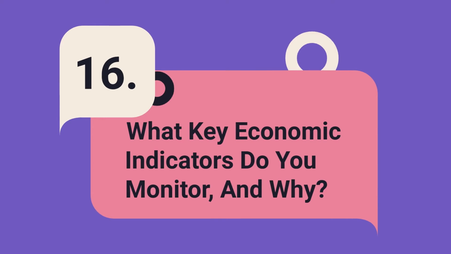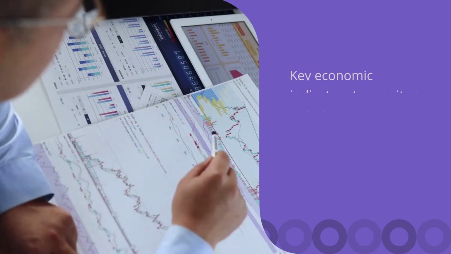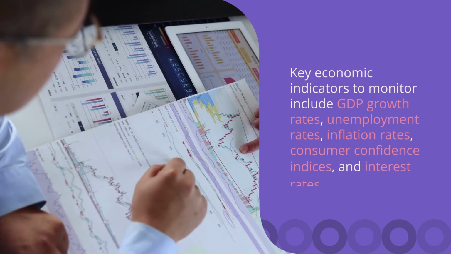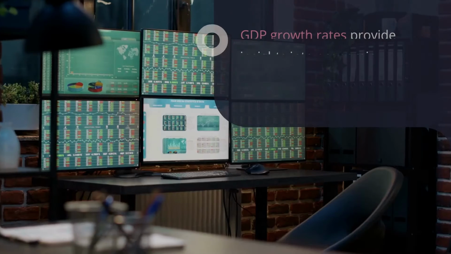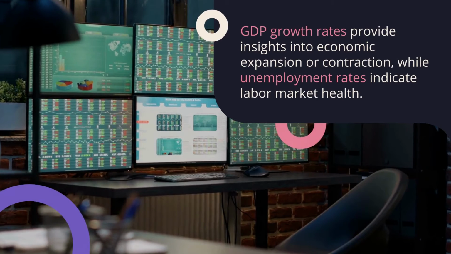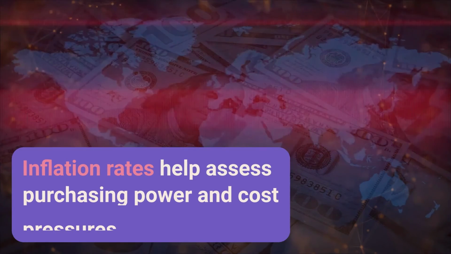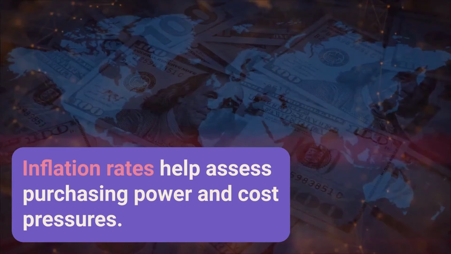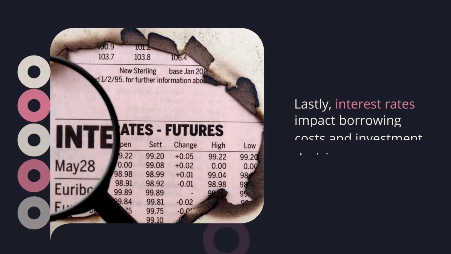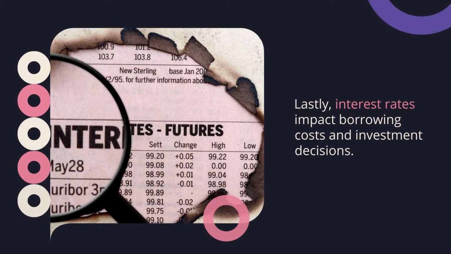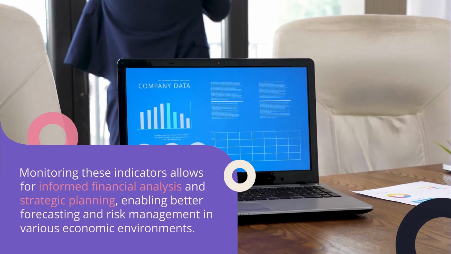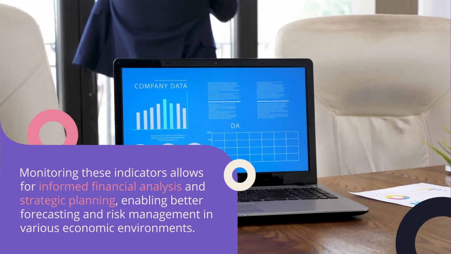16. What key economic indicators do you monitor, and why? Key economic indicators to monitor include GDP growth rates, unemployment rates, inflation rates, consumer confidence indices, and interest rates. GDP growth rates provide insights into economic expansion or contraction, while unemployment rates indicate labor market health. Inflation rates help assess purchasing power and cost pressures. Consumer confidence indices reflect consumer sentiment, influencing spending behavior. Lastly, interest rates impact borrowing costs and investment decisions. Monitoring these indicators allows for informed financial analysis and strategic planning, enabling better forecasting and risk management in various economic